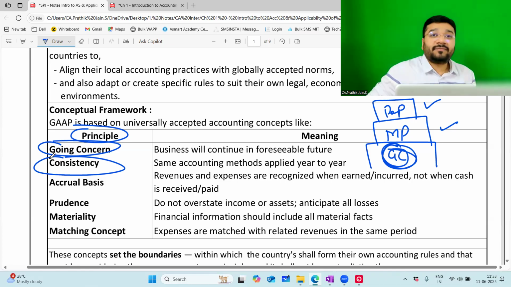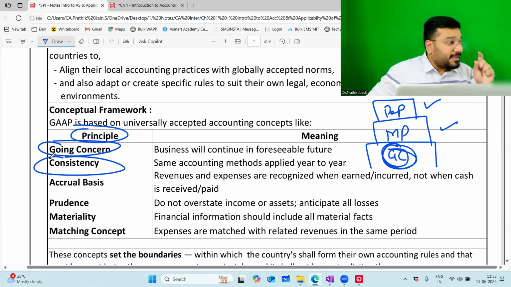What happens? The data is not reliable. The data is not comparable. Now, what is reliability? What is comparability? We'll discuss today. If you keep on changing your standards, people cannot have trust in you. Today, you're good with one person. You're showing your good part to one person. Tomorrow, you're showing your bad part to the same person. You're constantly changing like a chameleon. Will people have trust in you?